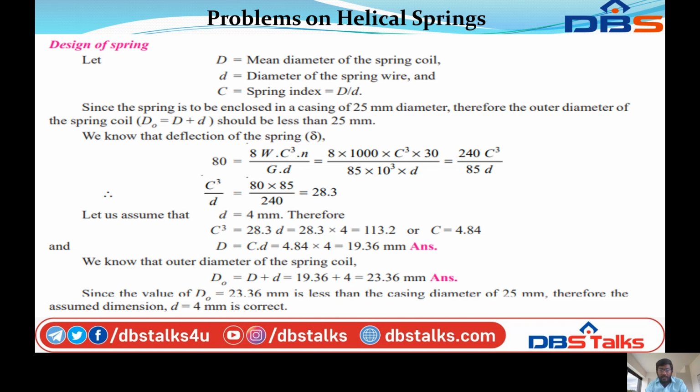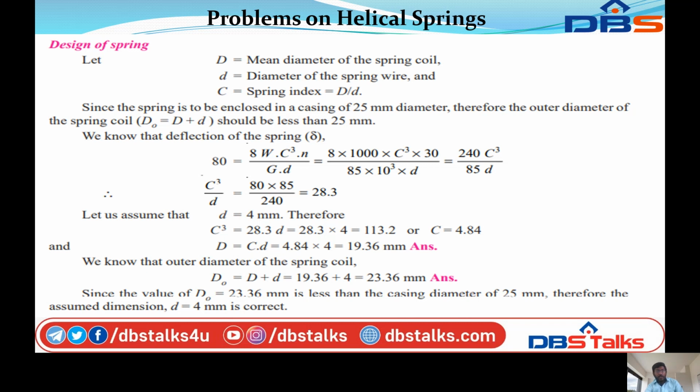So this is the design of the spring. In the design of the springs, we assume the values of the diameter d, and we may have to change it many number of times. So first we can choose the diameter 5 or 6. This gives an outside diameter more than the casting diameter of 25, so this is not safe. That's why we reduce the diameter to small d equal to 4 mm. So we can calculate these values.